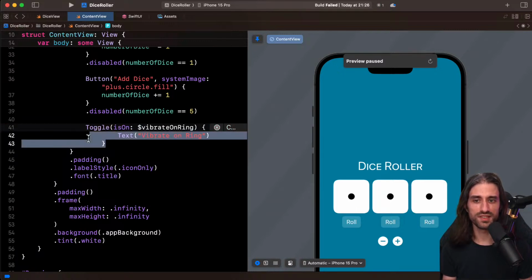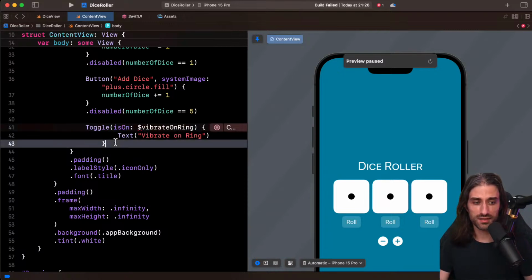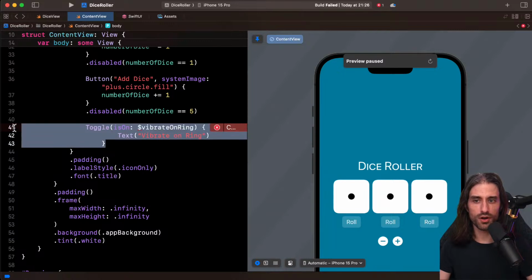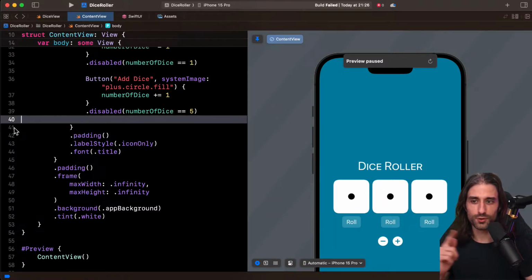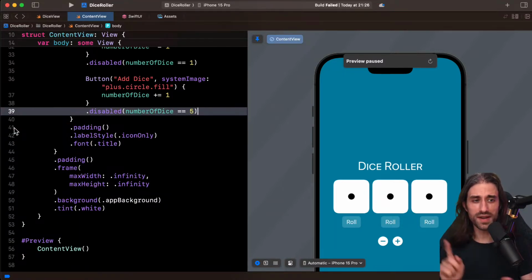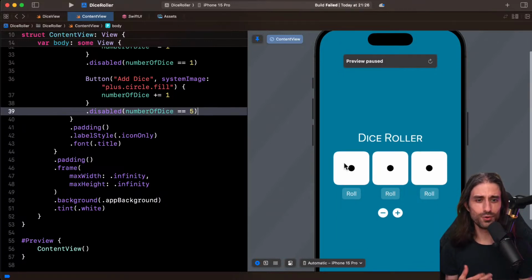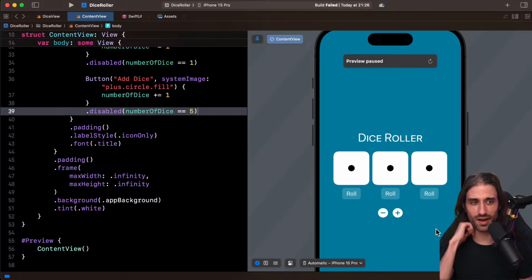Yes. So two things. Toggle uses binding, which is a way to pass state to a child view in a way that the child view can mutate it. So it's a bit more advanced. Your question was why didn't we use a toggle to implement the UI? Because I was wondering where you would use a toggle in this UI. Okay, so I understand your question now, and to understand toggle, you have to understand binding.